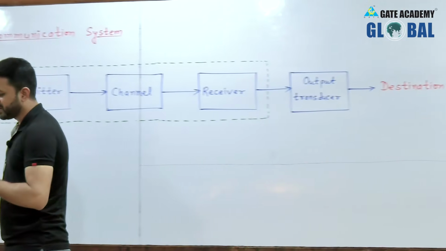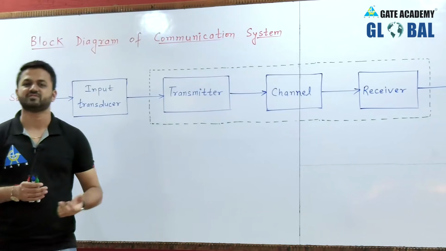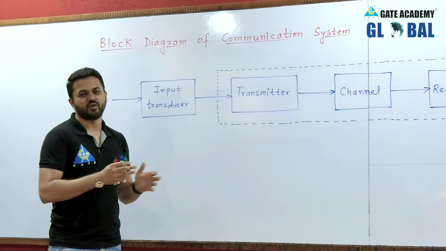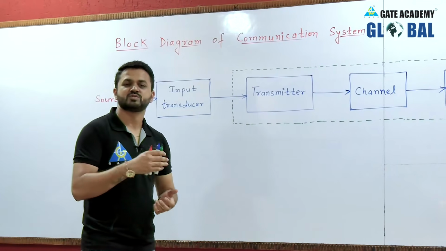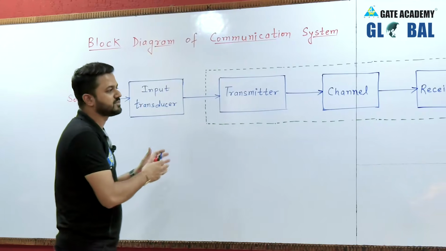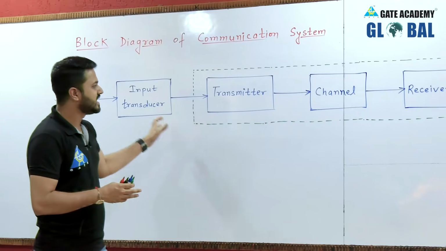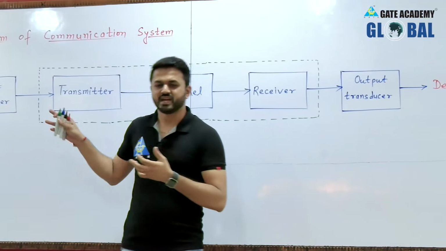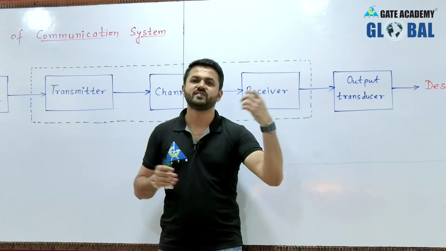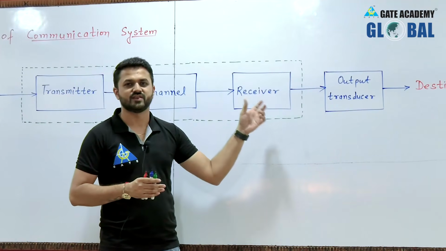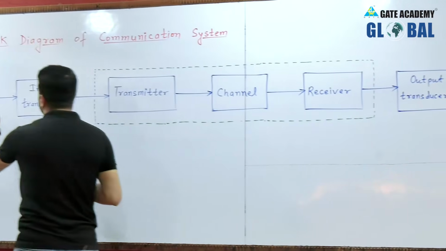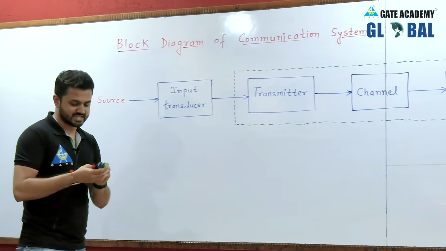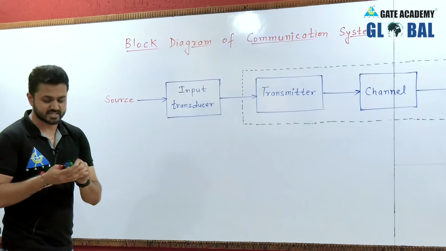So the process of communication is to transmit the information from source to destination, and for transmitting the signal from source to destination, we have a certain process, and that process is explained here. Whatever we perform in the transmitter, the reverse operation is done at the receiver, and here we have a source which can generate a message signal, and the message signal we considered is